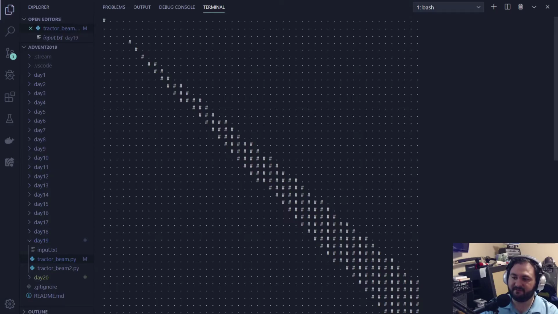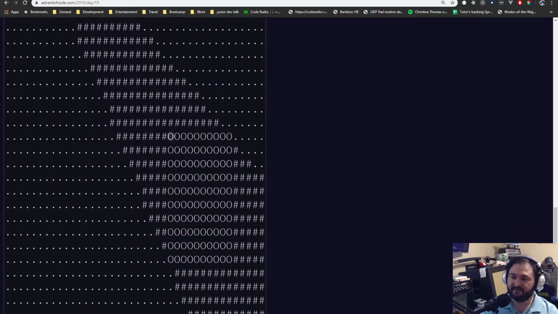And then also I was doing this thing where I was trying to check, okay, count these until you hit one that is at least 100 wide, and then also check 99 places down. And if the top left is 100 wide, you're at the edge, and the bottom left is in, that would be the square that we're looking for. So like there and there and there, if those 3 points are in, we don't have to worry about that fourth corner. So I was checking here first, as I went down, and then I needed to move inward,